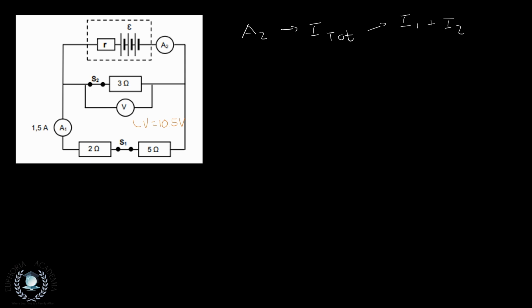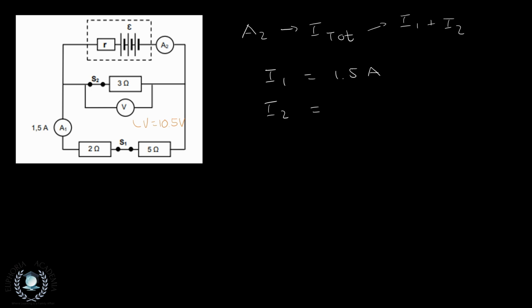At this point we have I1, which is 1.5 amps, and from the previous question we now know the voltage across the whole parallel circuit, and we also know the resistance. So we just need to find what our I2 is